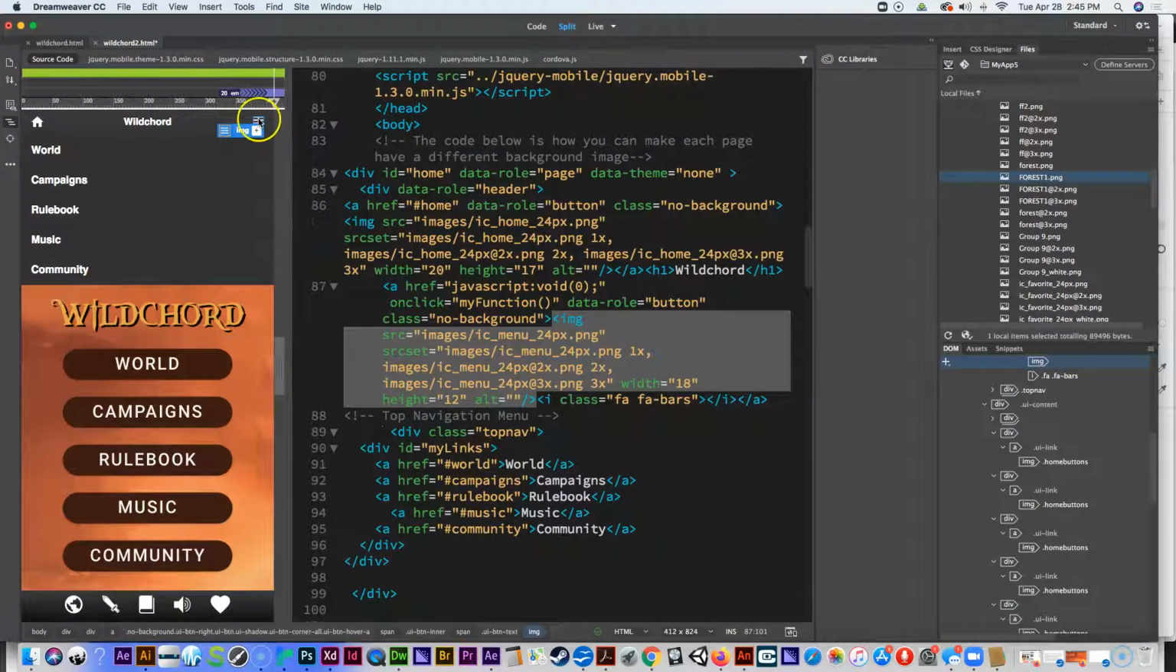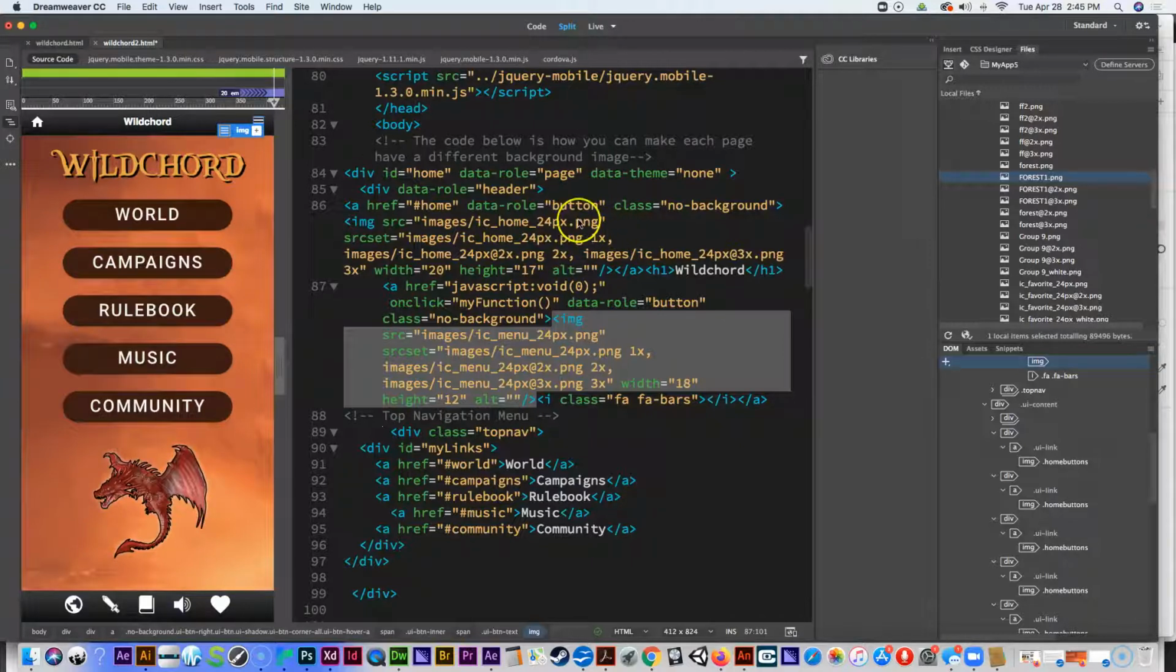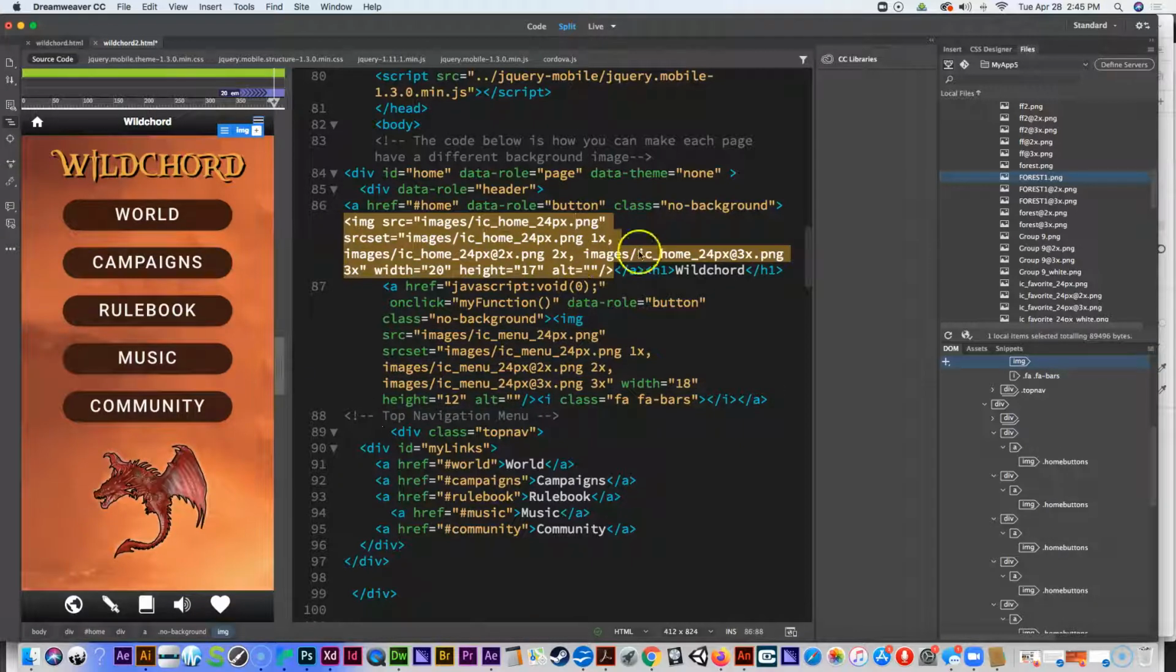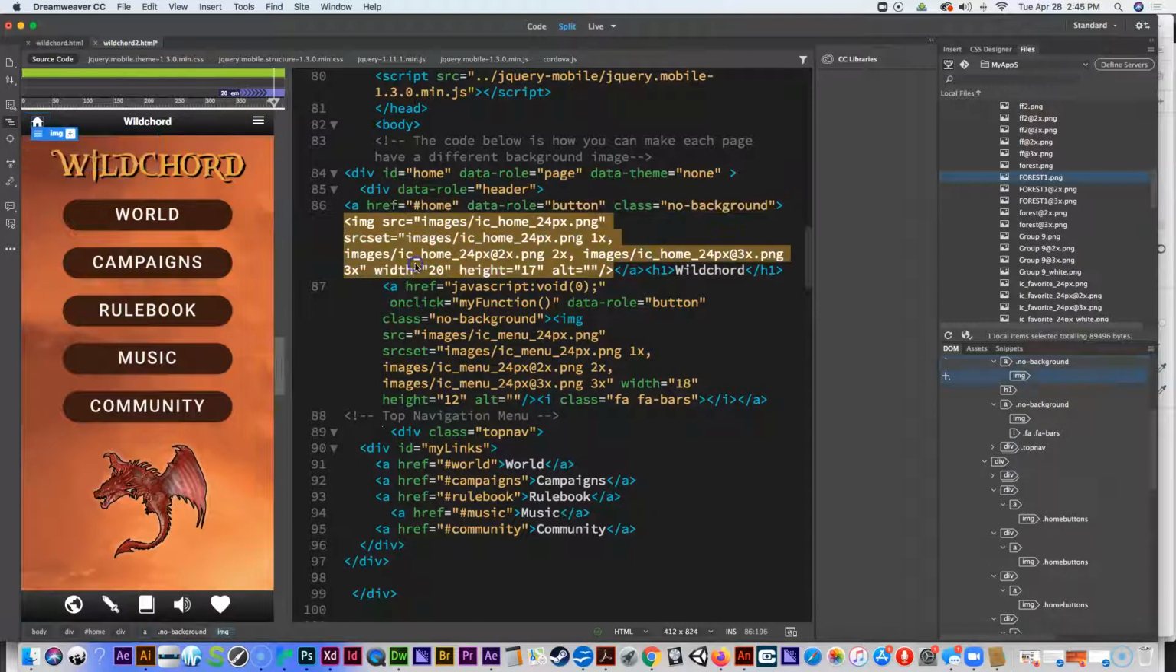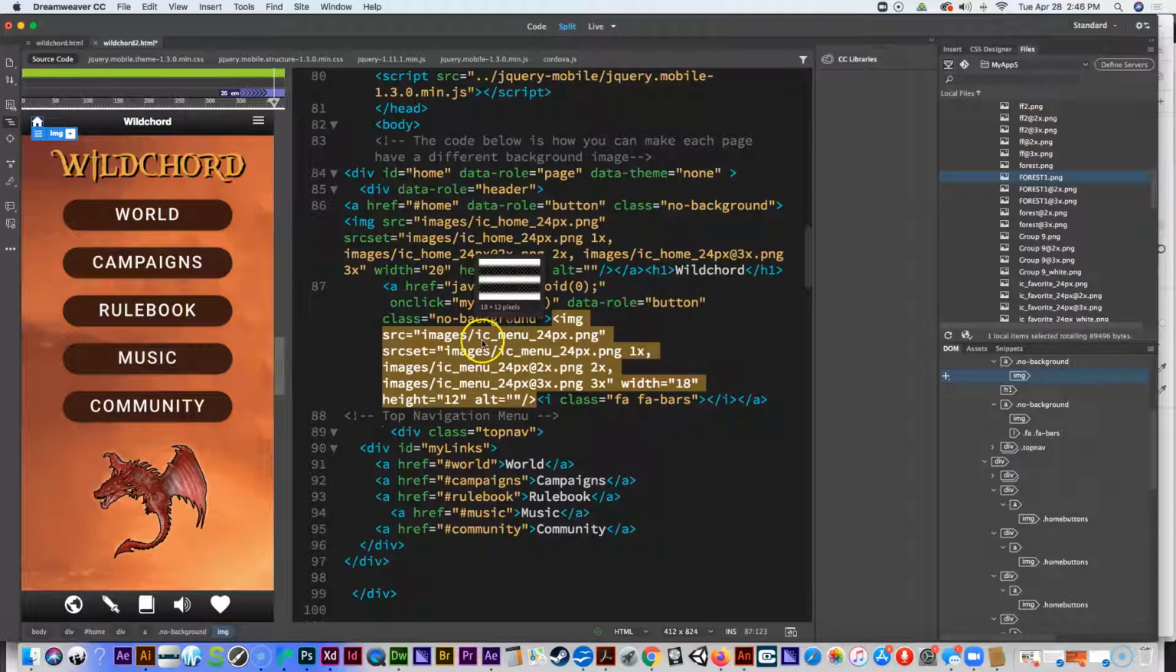All right. Now this button here, which is the, let's see, which button is it? I want to say it's this button here. I see home 24 pics. It's kind of hard to tell based on the weird name. Let's see. Maybe it's this one. Yeah, that's it. Okay. So what's happening here is there's this image here, but it has all this code around